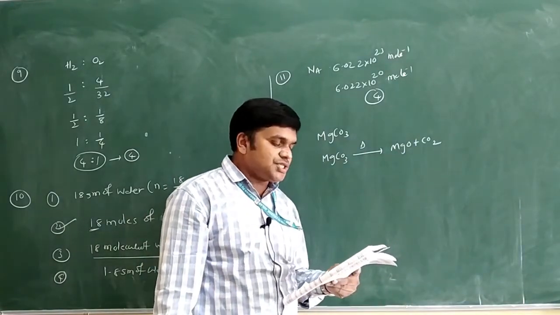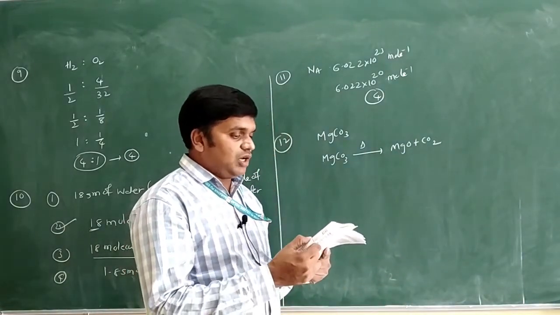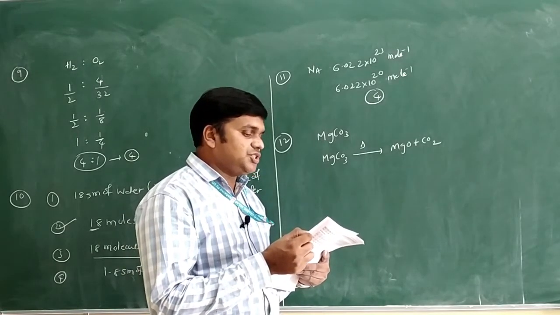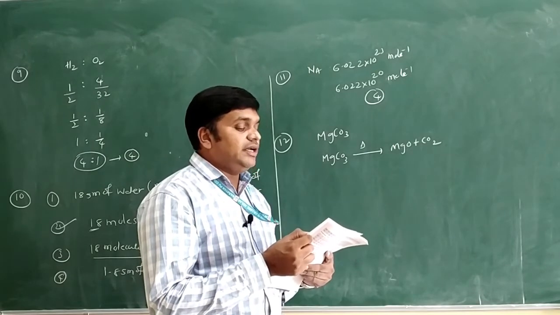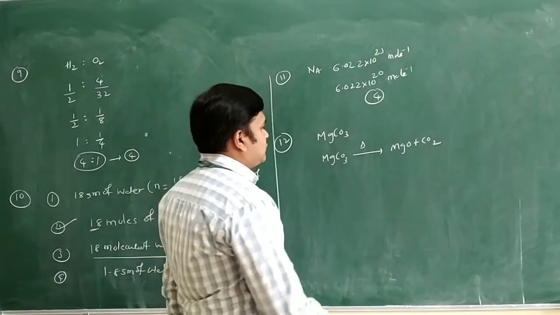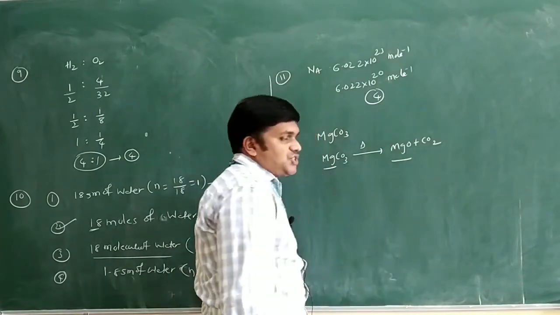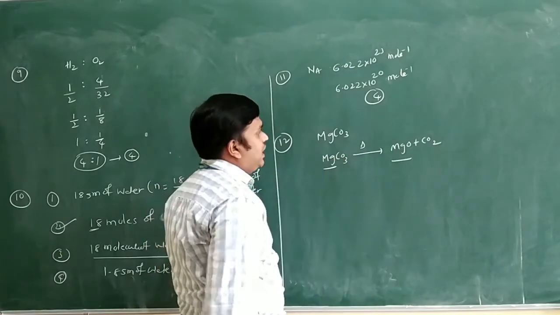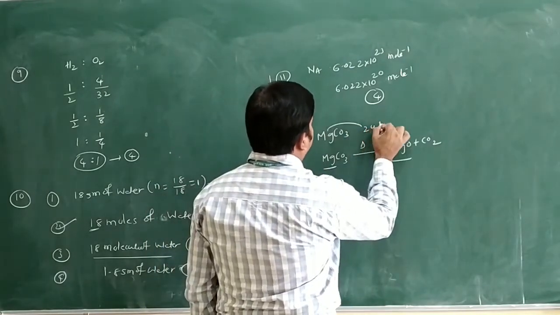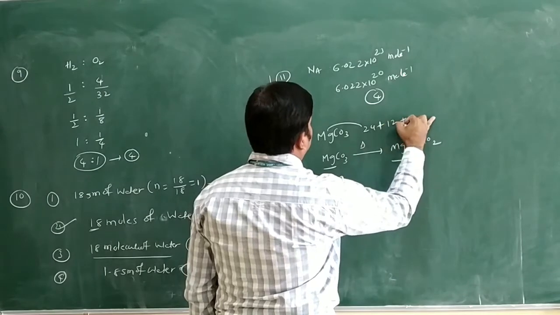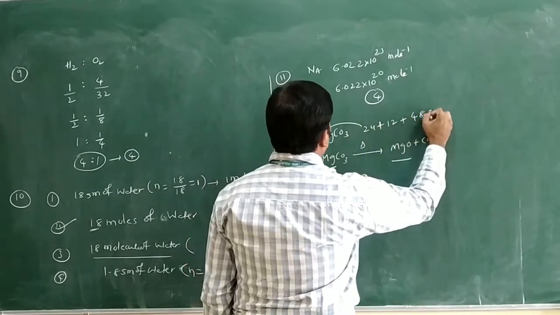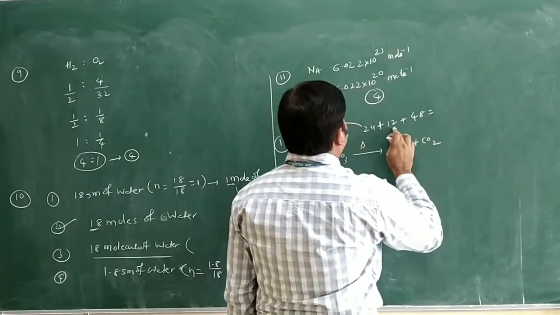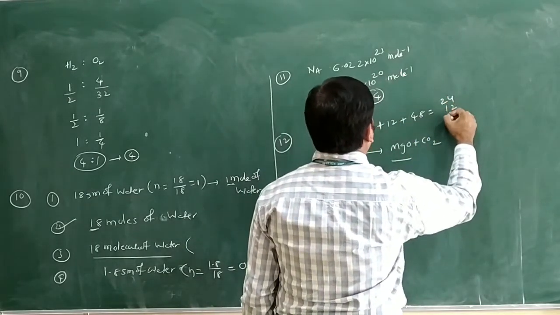Now the question is, if you take 20 grams of the magnesium carbonate, it decomposes to give carbon dioxide and 8 grams of the magnesium oxide only. So we have to find out first from the balanced equation only. From the balanced equation, what is the magnesium carbonate weight we have? Magnesium we have 24, carbon 12, and 3 into 16, how much we have? 48 only. This is 24 and 12 and 48 we have.